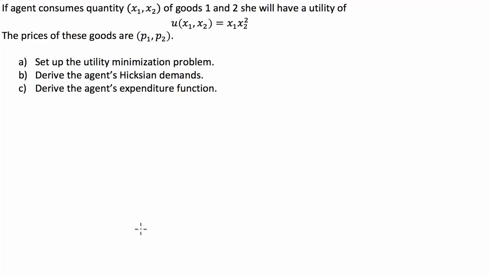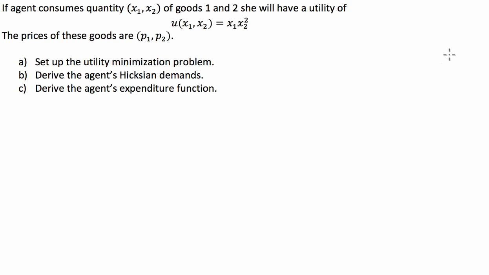G'day guys, we've got an economics problem today, specifically an optimization problem, where we're going to be looking for the Hicksian demand functions for two goods of this agent, which has a utility that is expressed by this function here. Now, Hicksian demand asks us to minimize expenditure given a particular utility set. So basically it's saying, if I want to get this much utility, what's the cheapest way that I can get